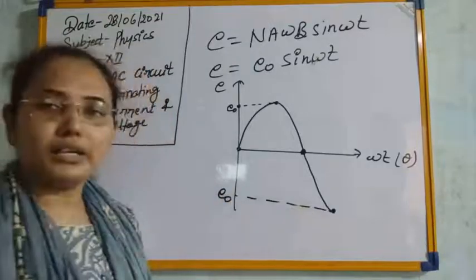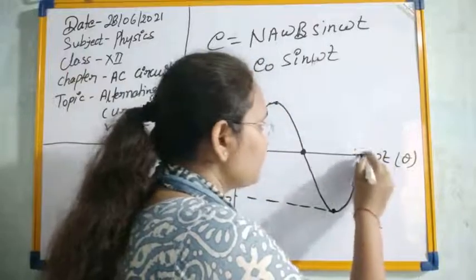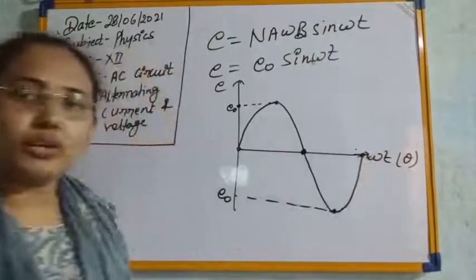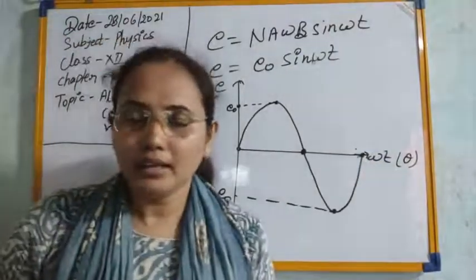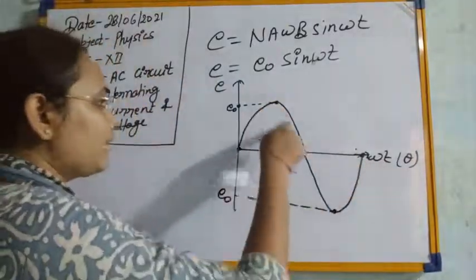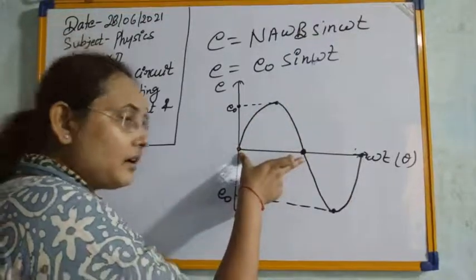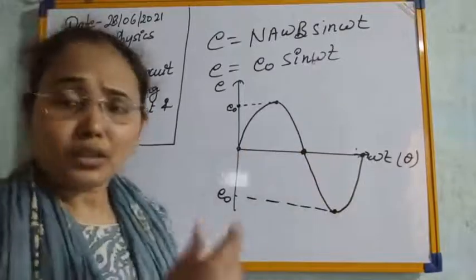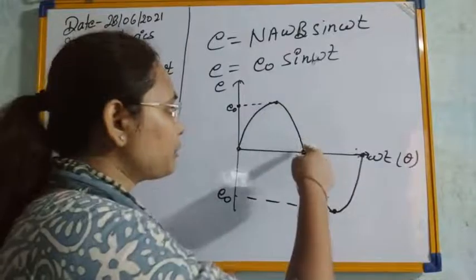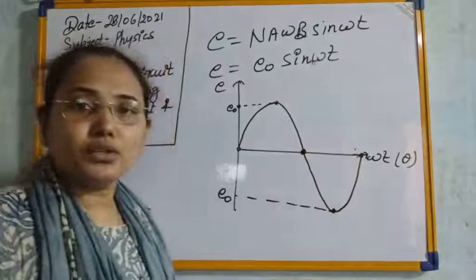So this is equal to E0, and then for 270 to 360 it becomes 0 again. So this is a complete cycle, when one complete rotation is made by the coil. While completing a rotation, you are seeing that with time its direction is continuously changing from 0 to pi. In this phase, or rotation, from 0 to 180 degrees its value is positive, and from 180 to 360 its value is negative.